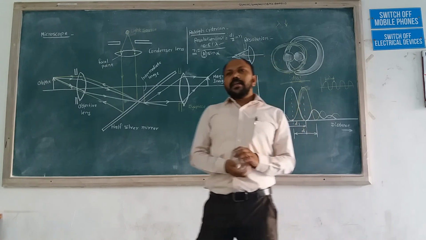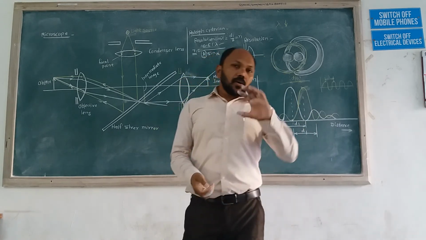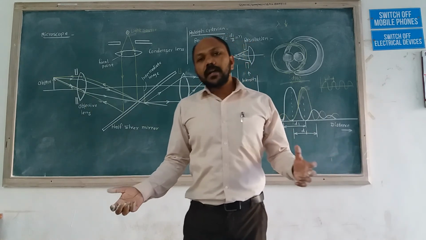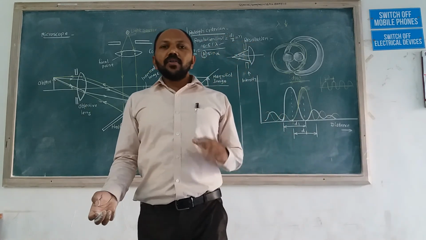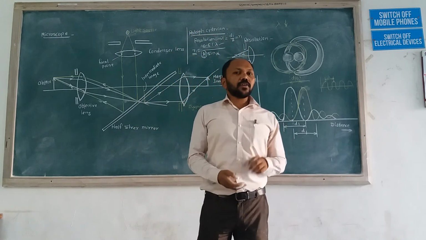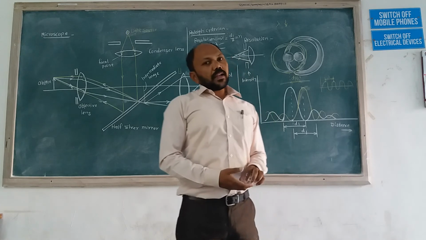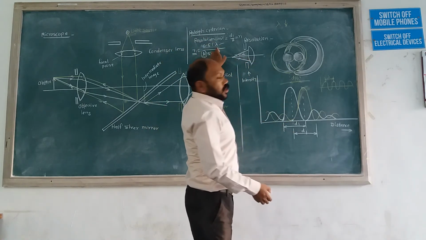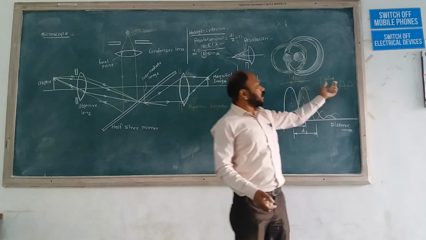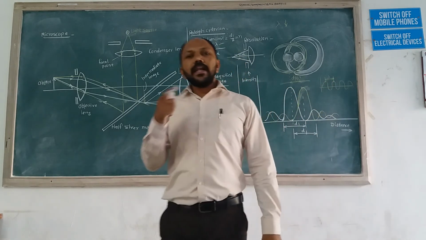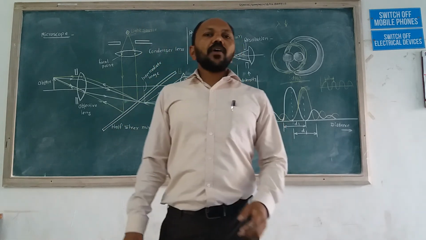So why is the quality of picture high in the case of an electron microscope, even when we magnify very highly? Because in an electron microscope the value of the wavelength, that is lambda, is very small, and that is the reason why the electron microscope gives a higher quality picture.